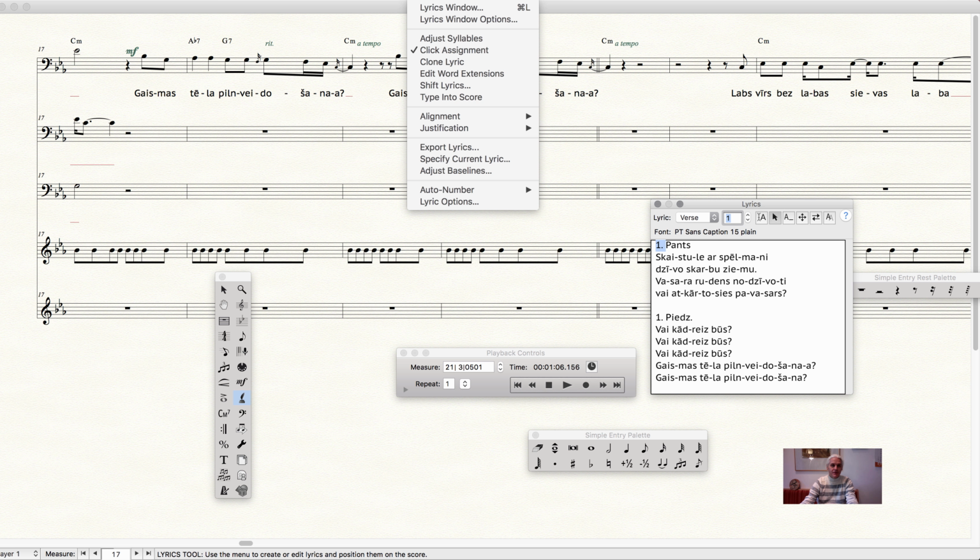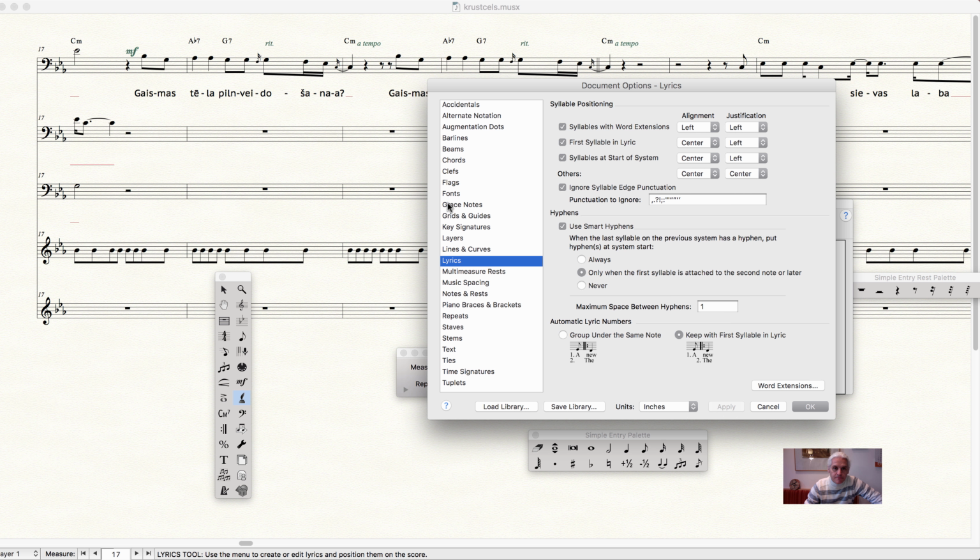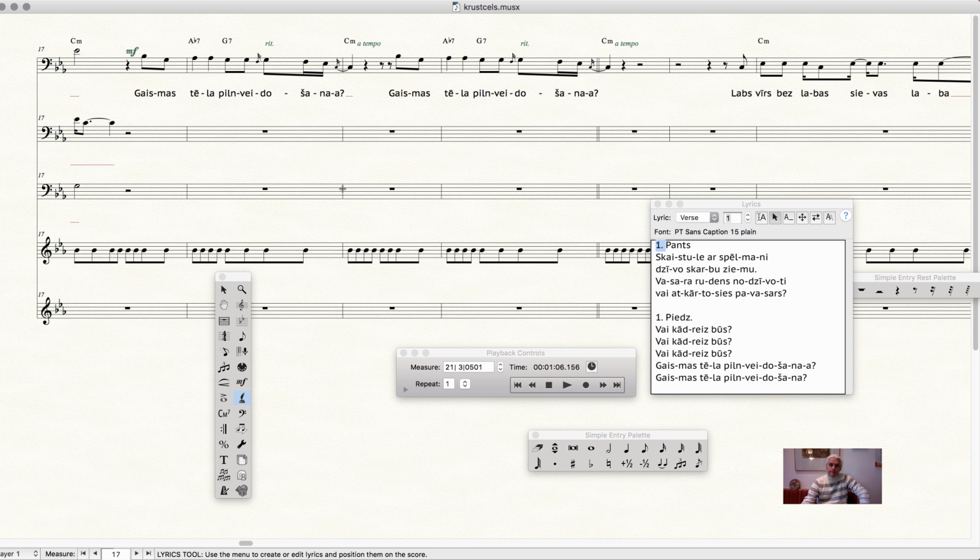I mean, I'm going to go to the lyrics menu now. Click assignment, adjust syllables, type into score, export lyrics, lyric options maybe. Blah, ignore, use smart hyphens only when, keep with first, ignore, no idea. Basically what I'm looking for is a way to be able to put lyrics into the score without,